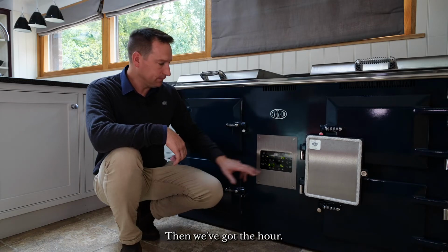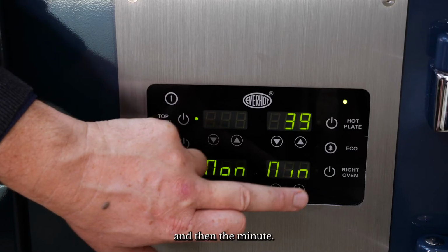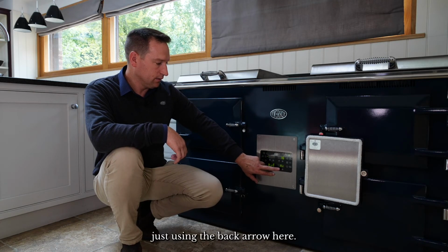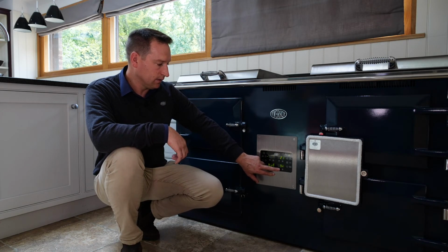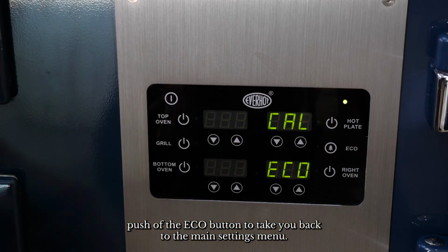Then we've got the hour, so we're happy it's 2 o'clock, but again, if you want to change it, just use the up or down arrows, and then the minute. Once we're happy, we can cycle back through, just using the back arrow here. Once you're happy everything's set as you'd like, there's a quick push of the Eco button to take you back